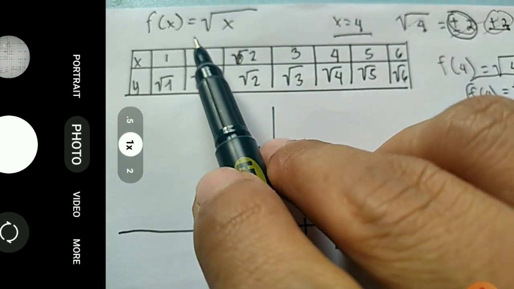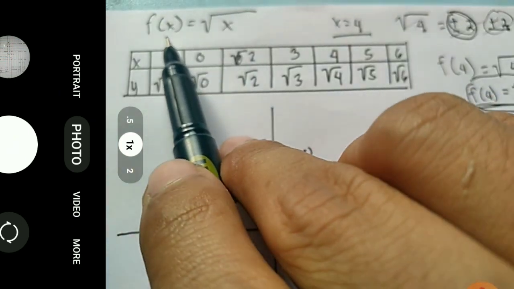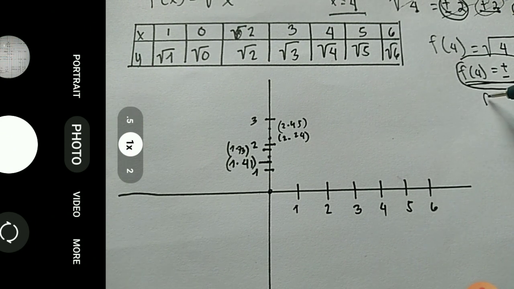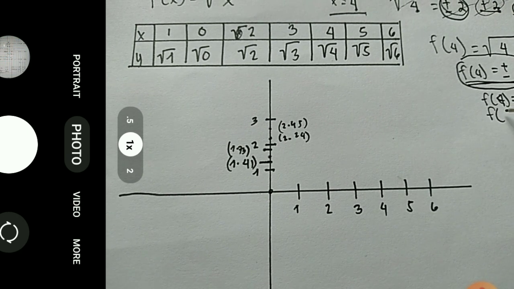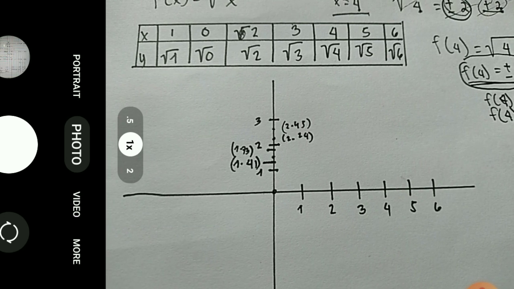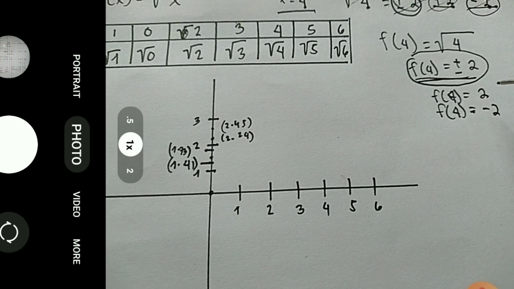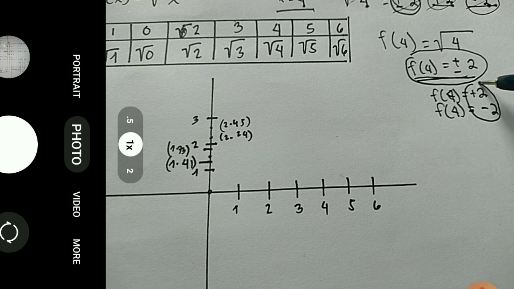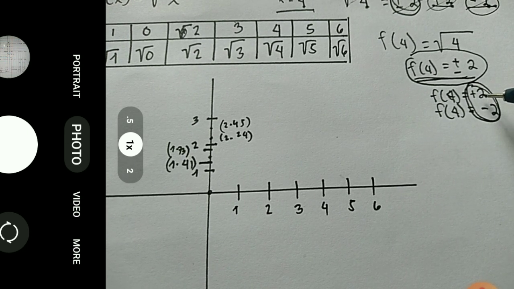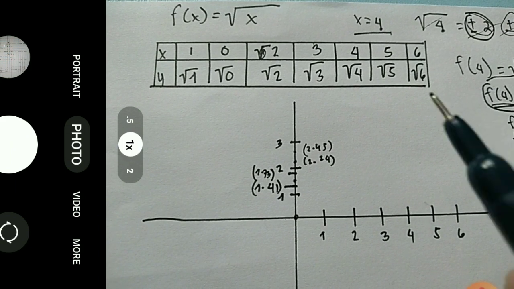Since we obtain f of x as positive or negative 2, then this equation is not a function. So we will only use either f of x is equal to positive 2 or f of x is equal to negative 2. We can use positive 2 or negative 2, but we cannot combine or use both. We will only use either the positive 2 or the negative 2. So that is the reason why here